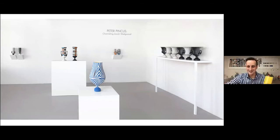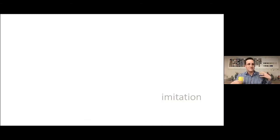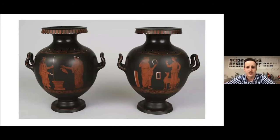We're on it. But number two, it sort of brought out this concept of imitation, which is quite different from influence, right? Influence being a conceptually based thing, imitation is an object-based thing. And if I return to these two Etruscan pots that I held at Birmingham, I left and I really couldn't